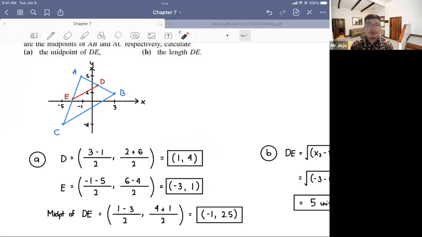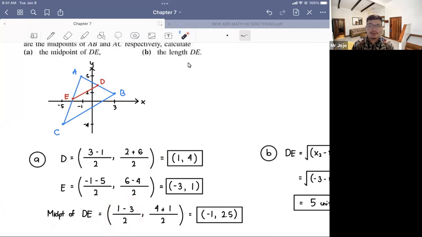So that's how I got their coordinates, since they're midpoints of line AB and AC. Now, can we answer the question on letter A? Yes, we can now find the midpoint of DE because we already know the coordinates of point D and point E. So, applying the same formula,